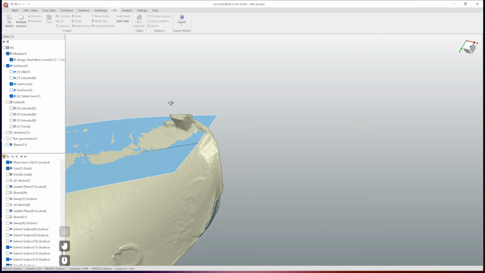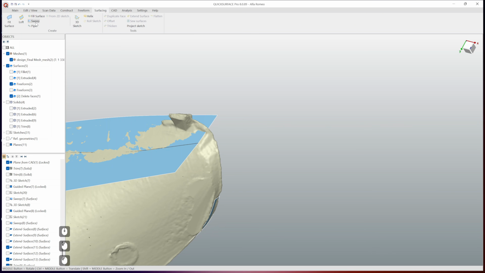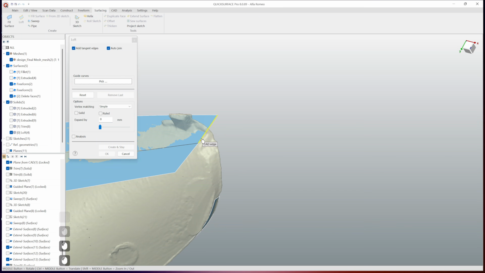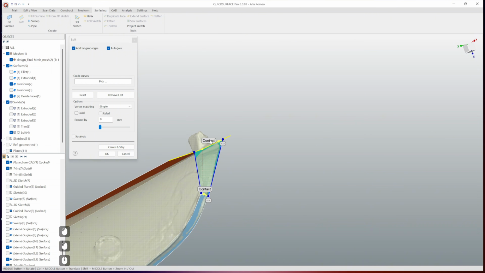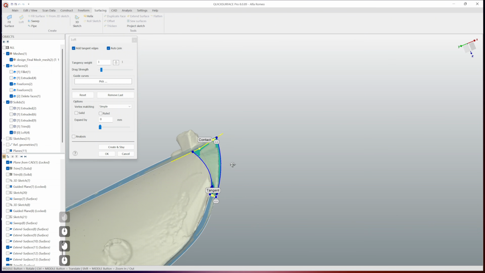Okay. And let's try to create a loft here. First, I don't need it that huge. Let's say